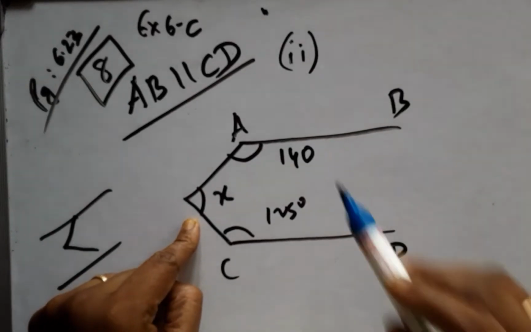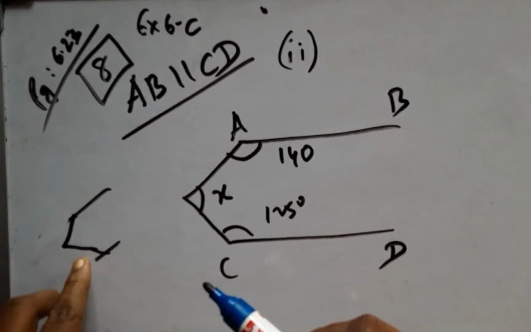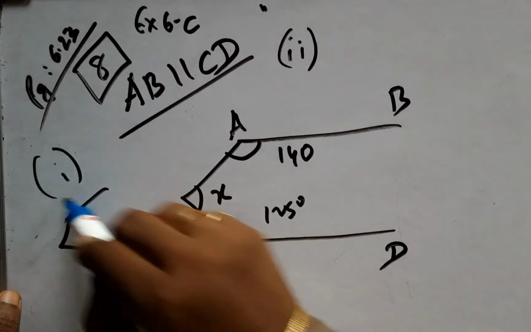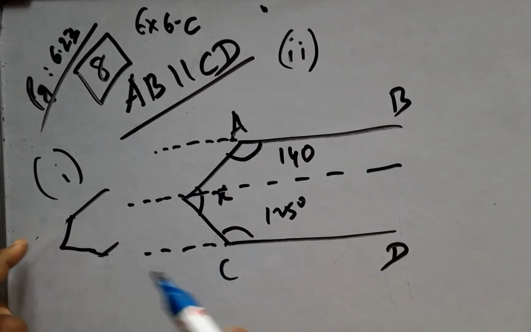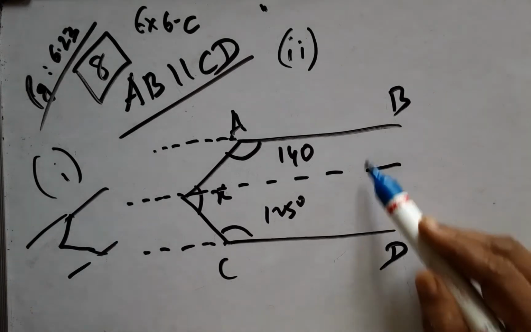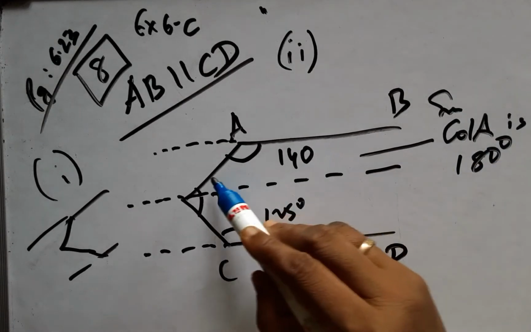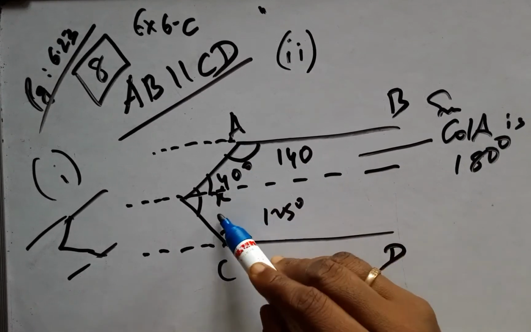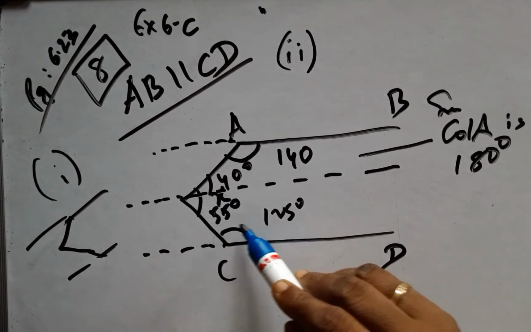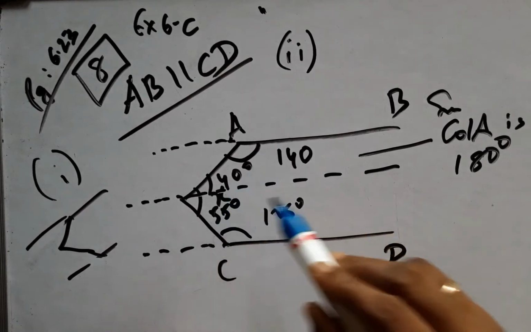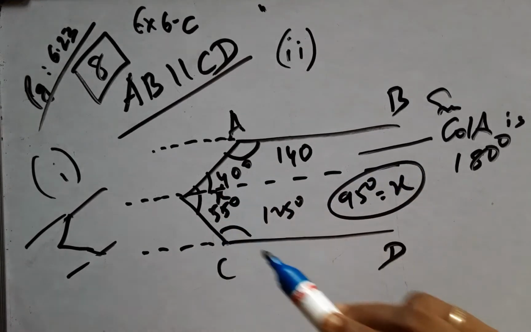The next problem, the second bit, is designed this way. These things have been cut off, and the explanation that has been given for the first bit holds for this too. It is nothing but an extension, and you will get the same figure here. Once again, the sum of co-interior angles is supplementary, and therefore this is 40, and it goes without saying that this will be 55 degrees. 125 and 55 make up 180, and these two will be 95 degrees, which is the X value, the sum of these two.